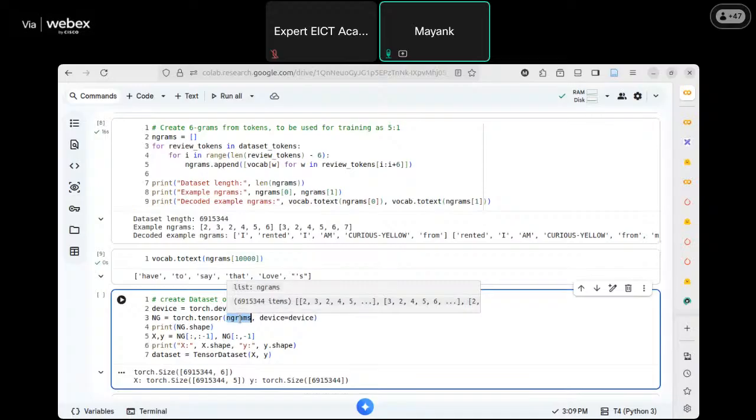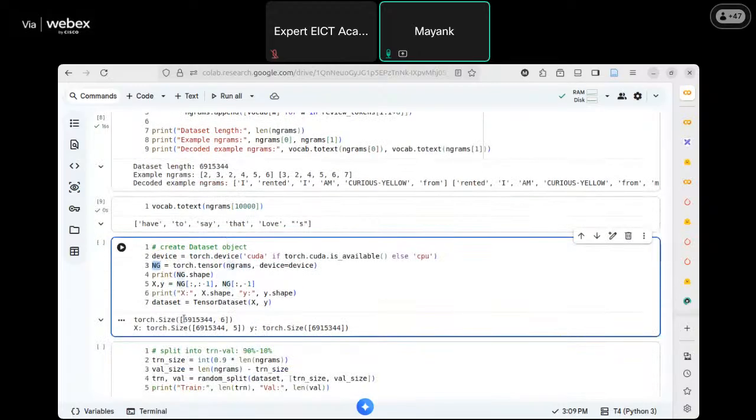All these n-grams need to be converted into a tensor, ताकि पाइटॉर्च को दे सके, तो सिंपली torch.tensor कन्वर्ट कर लिया, and ng.shape प्रिंट करा दी, तो ये शेप प्रिंट हो गई। This is what we want. अब इसको x और y में हमने स्प्लिट कर लिया। सो x और y, वही लास्ट वाला जो कॉलम है, सो ये इंडेक्सिंग सबको समझ में आनी चाहिए, whether you are using NumPy or you are using PyTorch, ये इंडेक्सिंग इंपॉर्टेंट है। इसका मतलब क्या है,